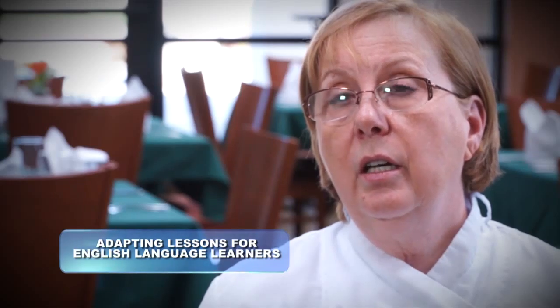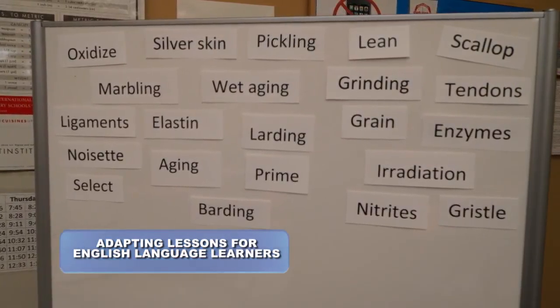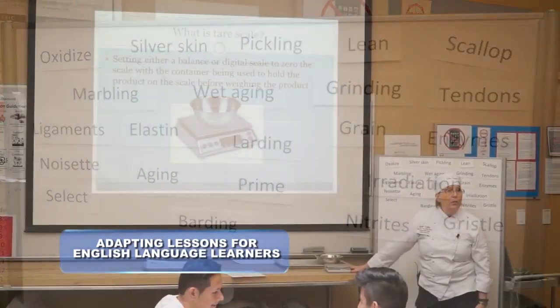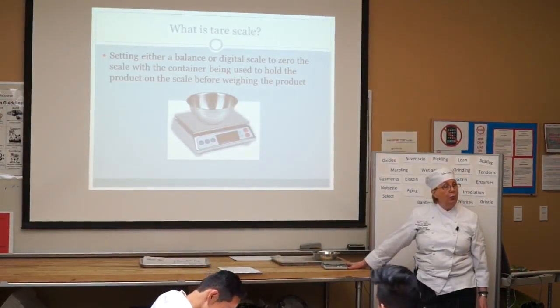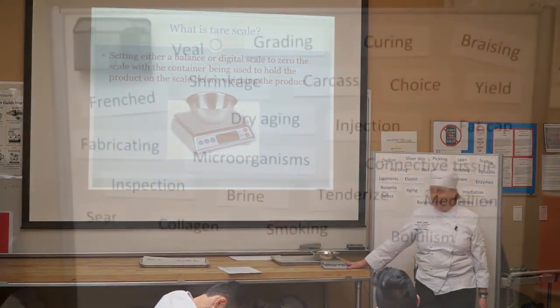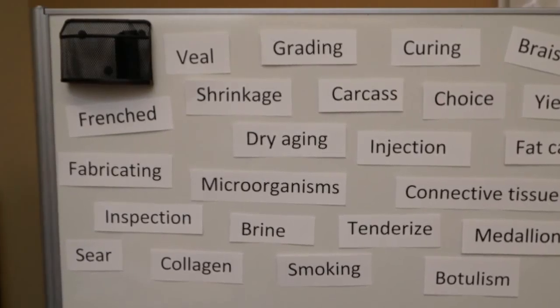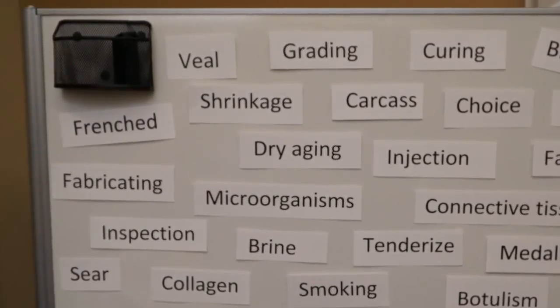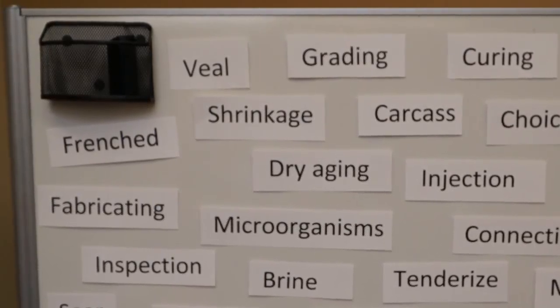So for the EL students, it's really important that I use a word wall so that they can actually see the words written down. So when I'm doing my intro activity, I usually have a PowerPoint, and then I put the words up as we're going. So today I used the word shrinkage, and that was one of the words that was on the word wall because I had been talking about it previously in the lesson. I also do some other vocabulary activities with the students.